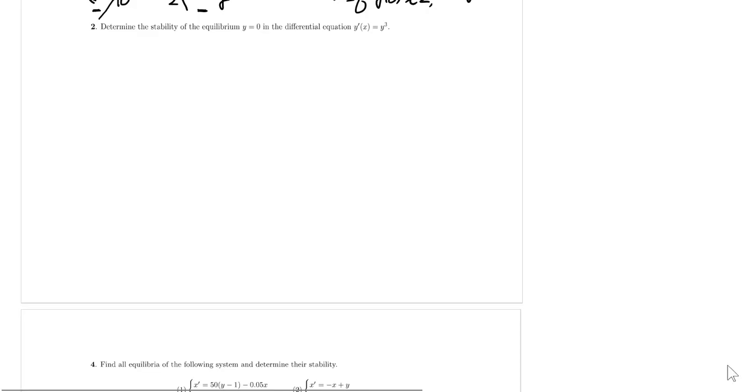Now let's look at another example over here. So we have our second differential equation over here. We have y prime of x is equal to y cubed. So what it means is that we have f of y over here is y cubed. So let's try to find